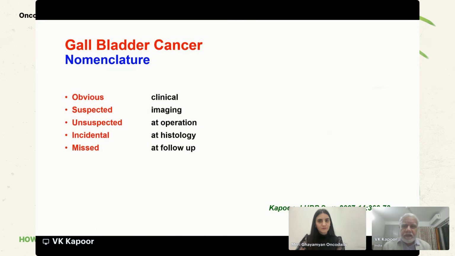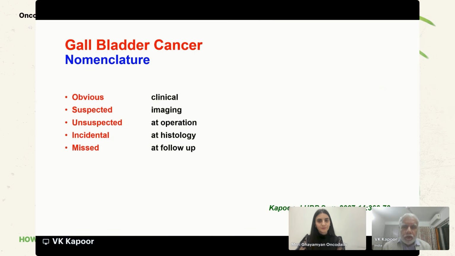Before we go into the details of gallbladder cancer, it is important that we understand that the suspicion or diagnosis of gallbladder cancer can be made at various stages. It could be obvious gallbladder cancer when the clinical suspicion is high. This would be a middle-aged or elderly patient who has dull continuous pain in the right upper abdomen, has some anorexia and weight loss, may have jaundice, may have features of gastric outlet obstruction, and on examination, there may or may not be jaundice, and there is a firm to hard gallbladder mass which is palpable. So this is